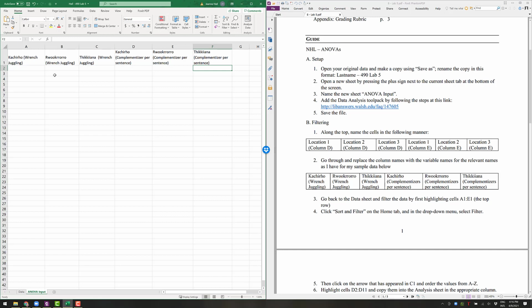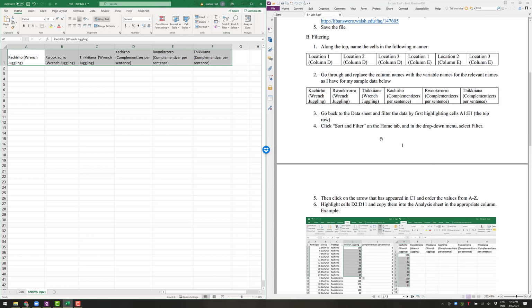Complementizer. So you can type that all by hand if you need to, that's fine, okay? But this is what you end up with, and again, this mirrors what I've asked you for in the guide. And so now you might be able to deduce, but I'm going to have you filter the data so that you can copy in under each column just